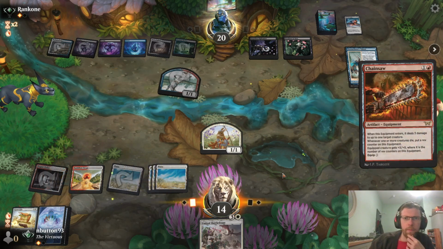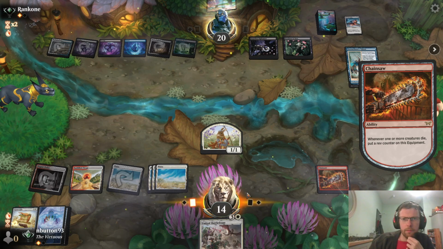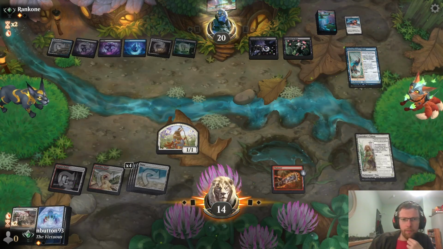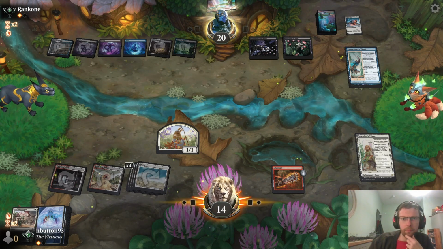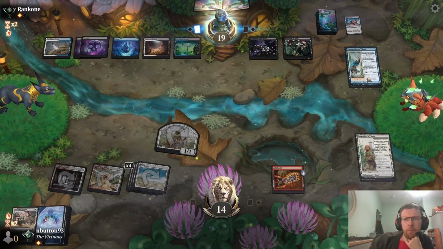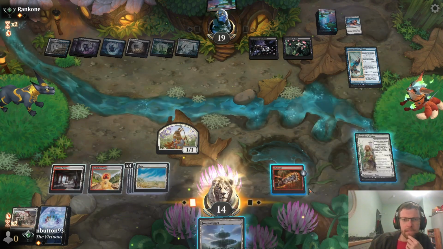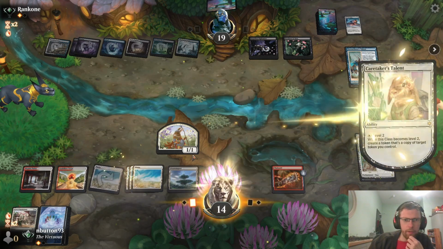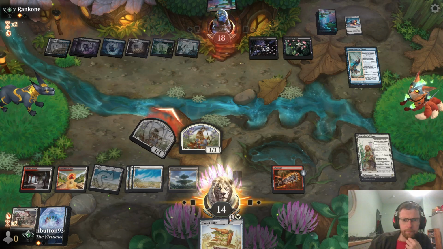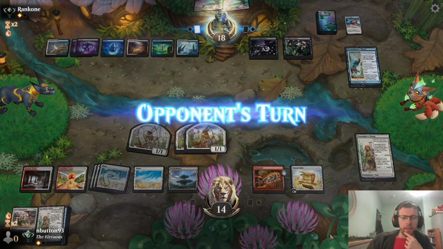So let's see if they want to... What is sticking here? I'm not sure. Caretaker's Talent. That's not the best Battlefront anyone's ever had, but it'll do. Okay, what was that? Okay, I can definitely live with them just doing that. Fine, we'll copy our token, draw a card. Another Carrot Cake is pretty good. So let's play that. Scry. Caretaker's Talent, yep. I mean, I could actually murder an Elspeth here, but...